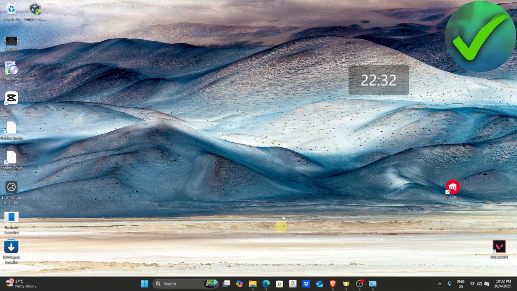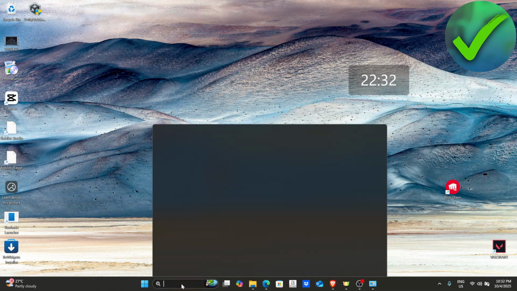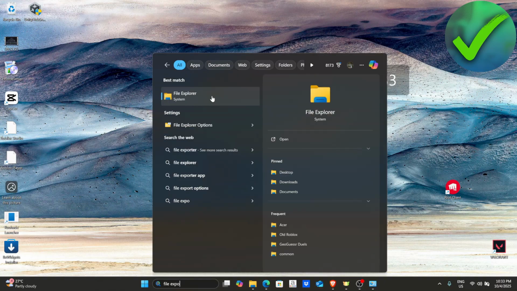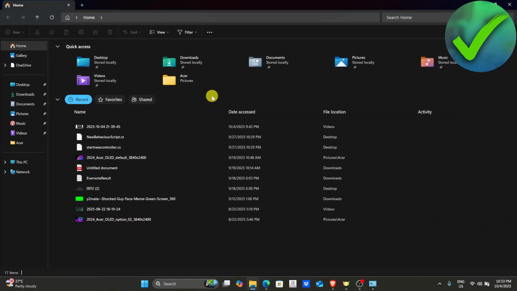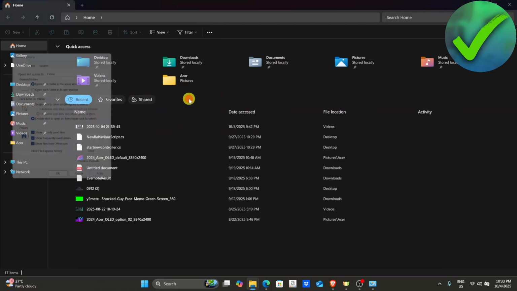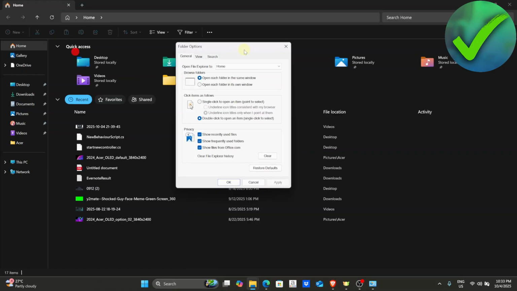However, if it is still not working, then the last thing that we can do is to go here on our File Explorer. So just type File Explorer right here and then open this. And then once you're now here, what we're going to do is to click this three dots in this part and then click Options. And then in this part, make sure that you click this double click to open an